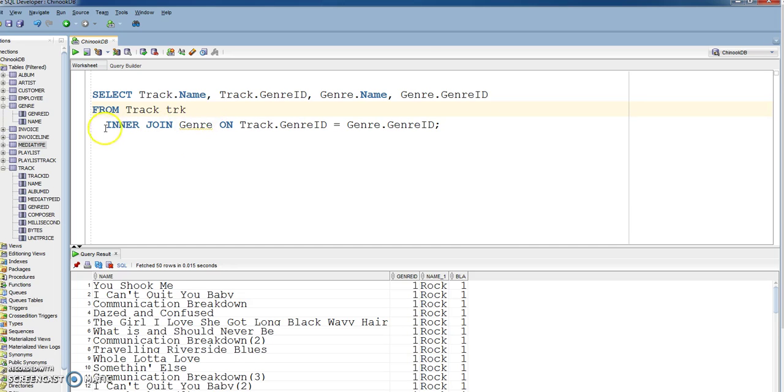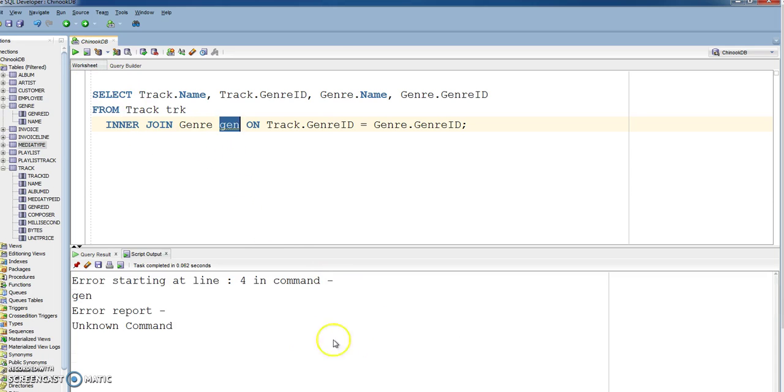And then immediately after the other table name, so anytime you're writing a table name in the from or in the join part of a join clause, if you put a string after that which is not a keyword, then that is how we give these tables aliases. So now if I run this,